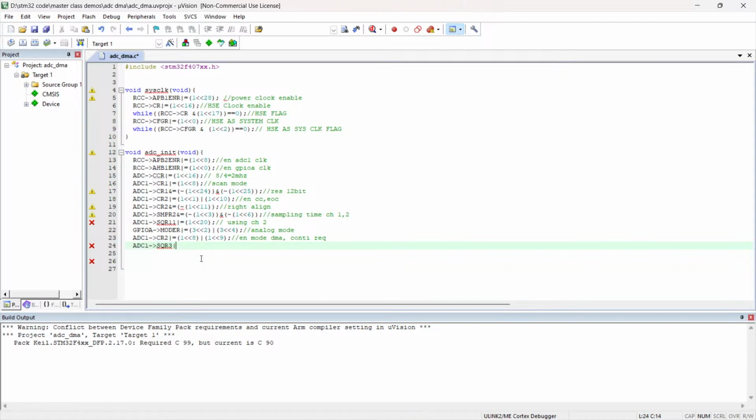Or 3. 1 left shift of 0. Okay. So next we have to send the second channel to the 5th. So we have settled the sequence for this, channel 1, comma 2. Okay. So now we have finished the